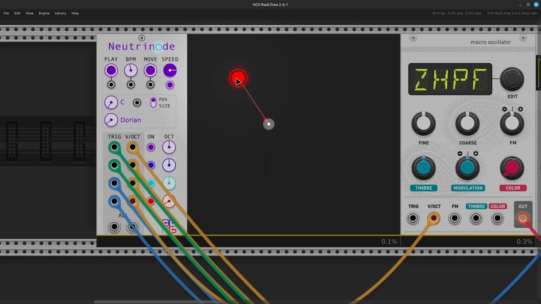I think that would be C in C Dorian, right there. I felt like a tendency to go down here, but that was a major mode tendency. Okay, so anyway,